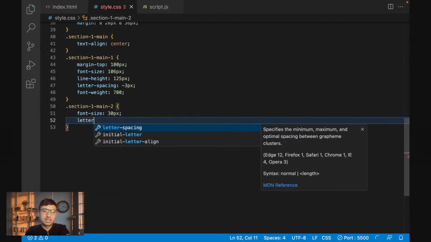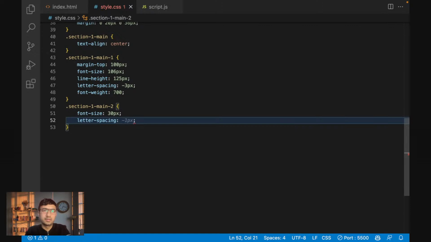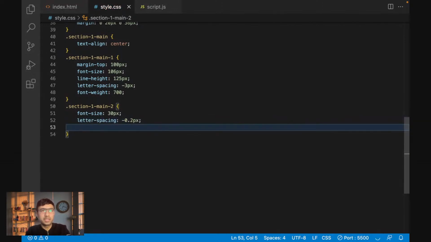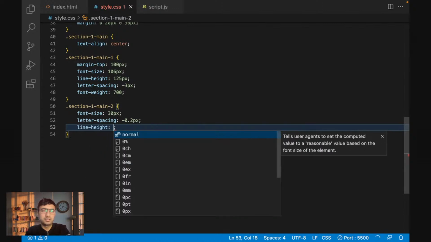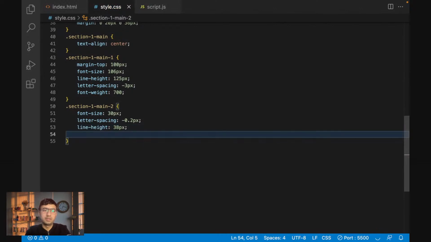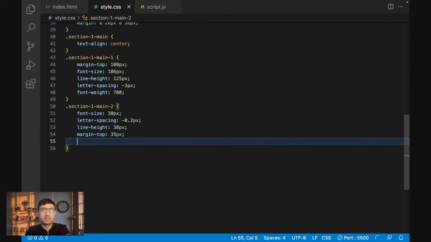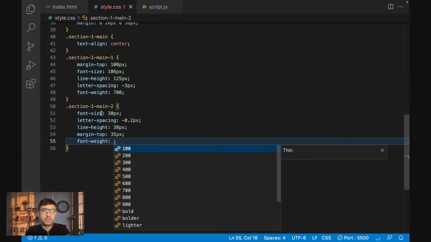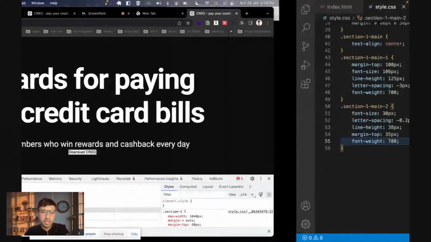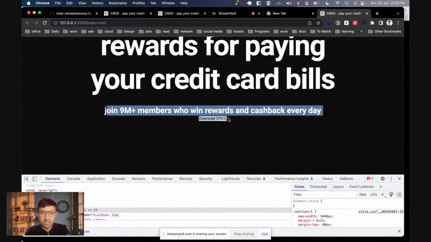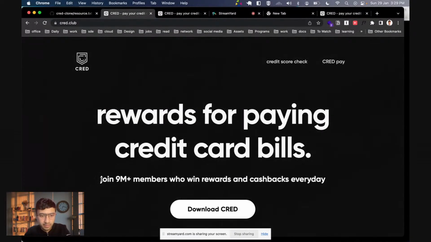Then we are going to have this letter spacing of minus 0.2 pixel. That is not even required, but yeah, let's have it. And then we have the line height of 38 pixel. Then we have margin top of 35 pixel. Then we have font weight. This font weight should be 700. And you will see that this section is also highlighted,